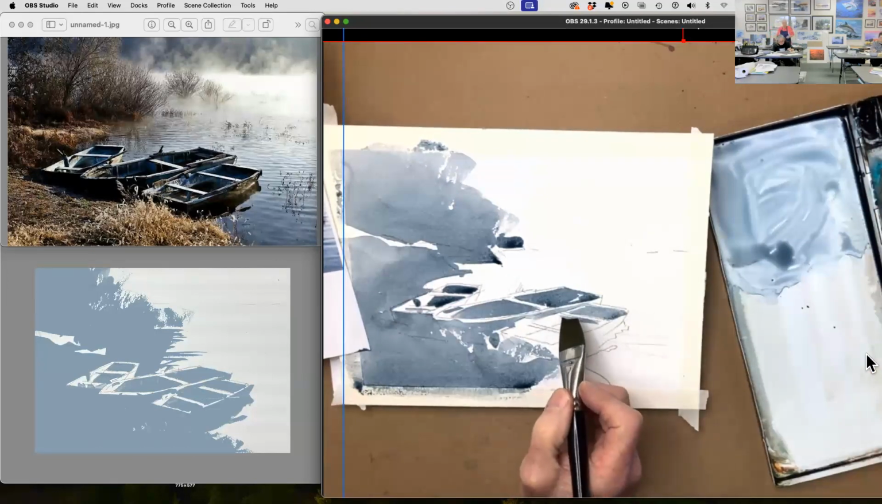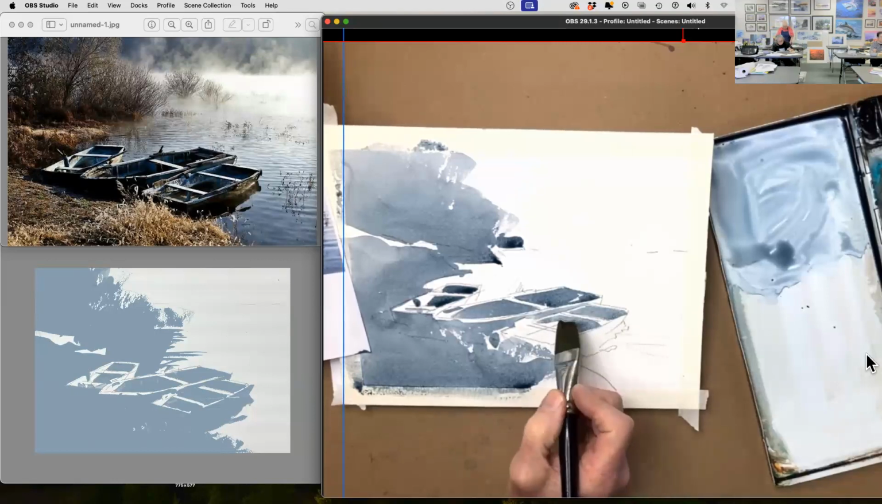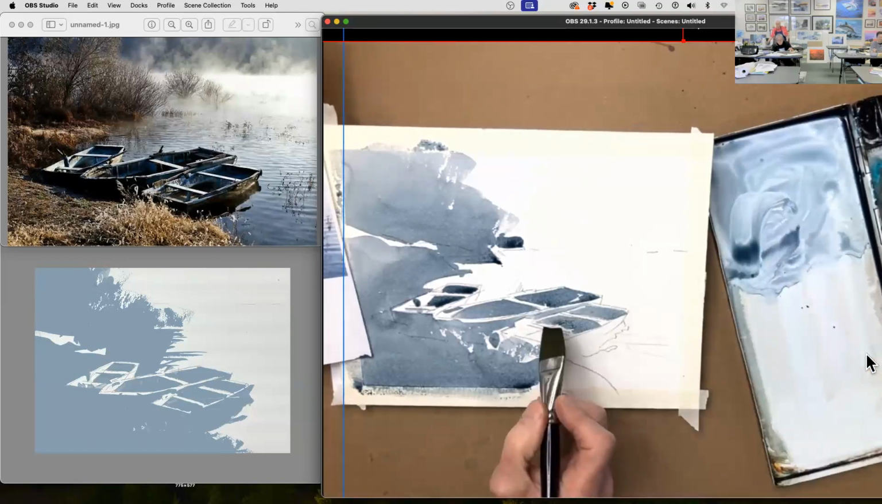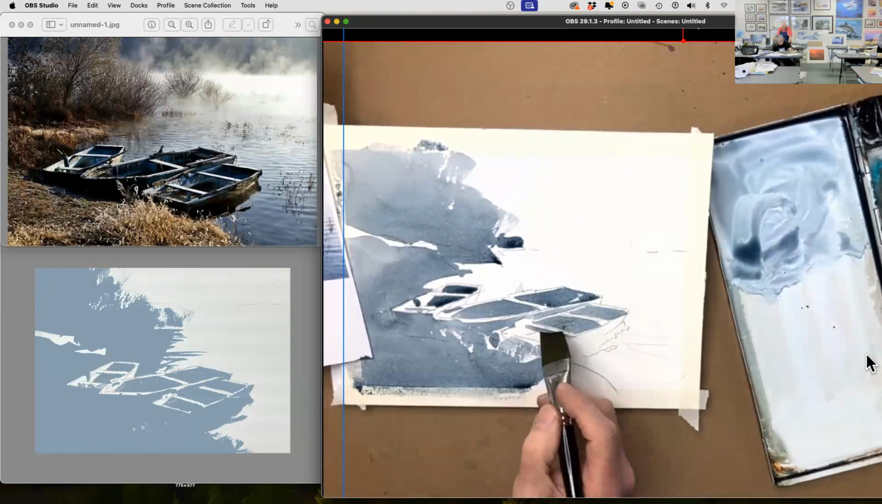This is a study now. This is not a painting, so don't go crazy over trying to